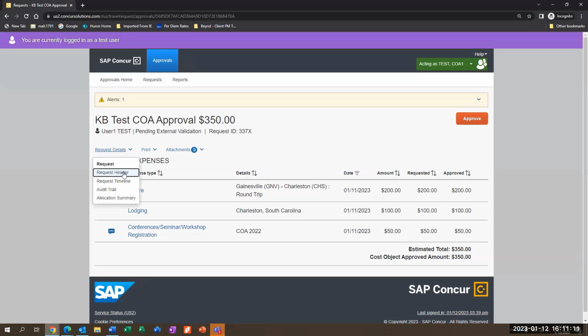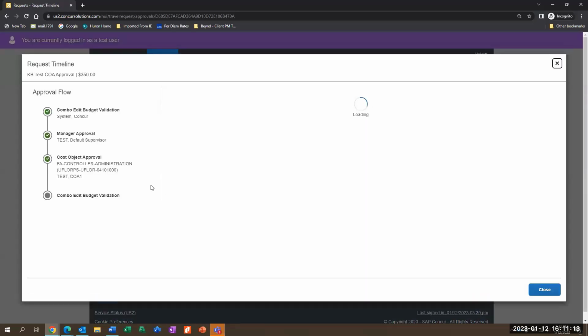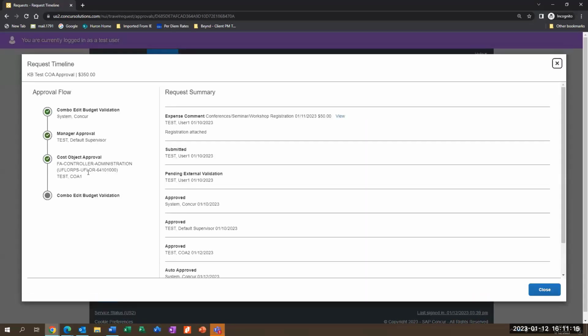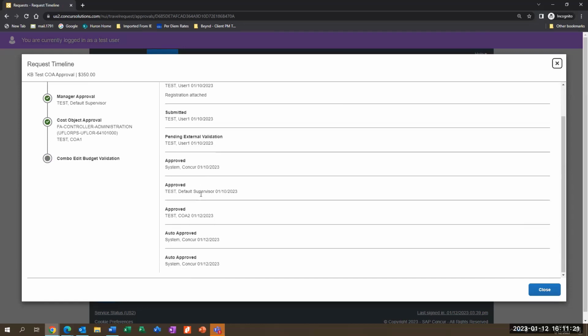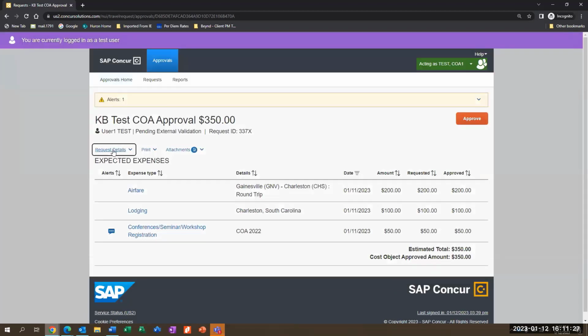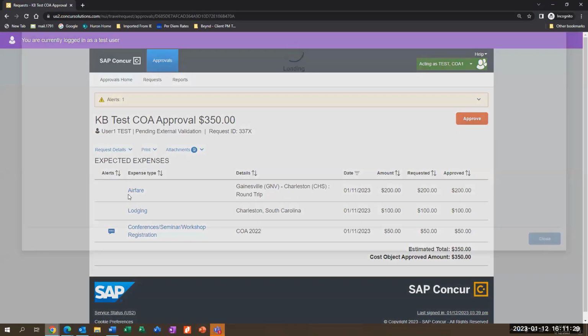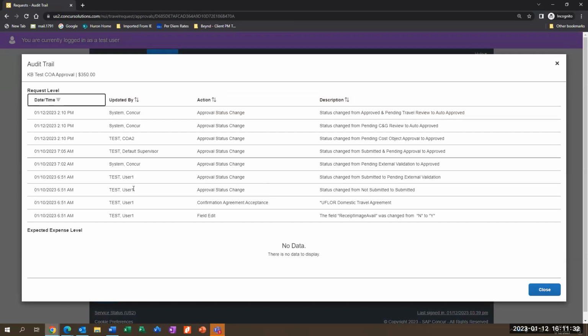If you go to the request details and request timeline, excuse me. Actually, I think I'm going to go to the audit trail. I like that view better, so I'm going to promote that one with you. Okay, so you can see in the audit trail that